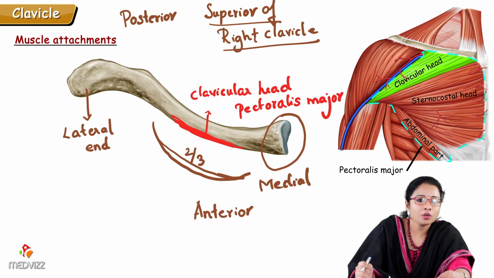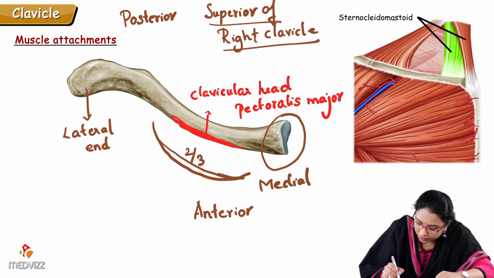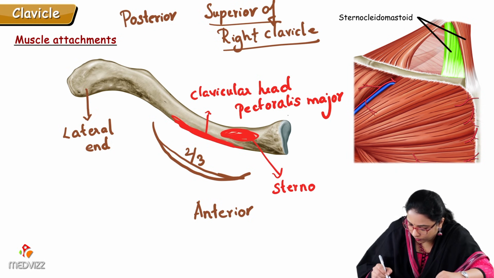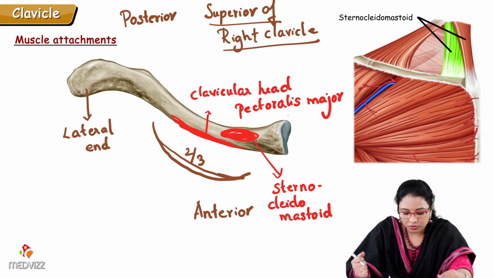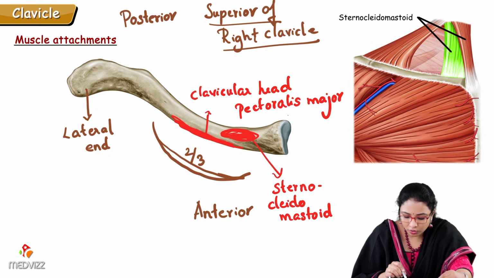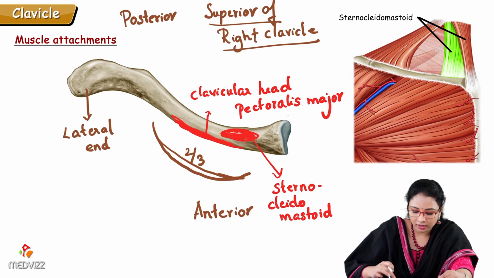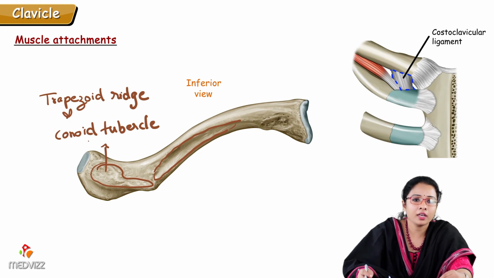Superior surface gives origin to the sternocleidomastoid medially. So medial 2/3 superior surface gives origin here to the sternocleidomastoid. Sterno, because it is getting origin from the sternum also. Cleido means from the clavicle, and it inserts into the mastoid process. So medial 2/3 anteriorly it gives origin to the clavicular head of pectoralis major and superiorly sternocleidomastoid muscle. Inferior surface, medial 2/3,